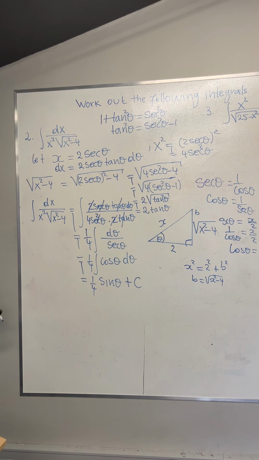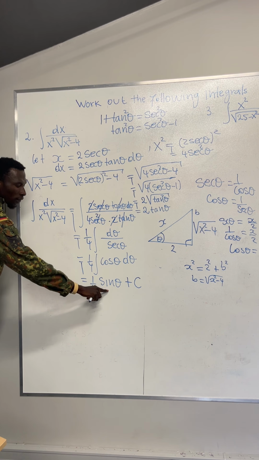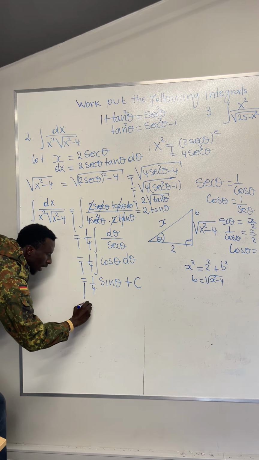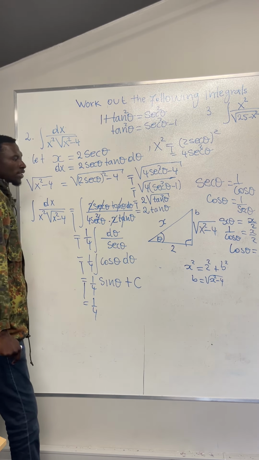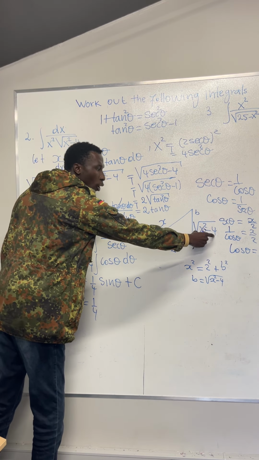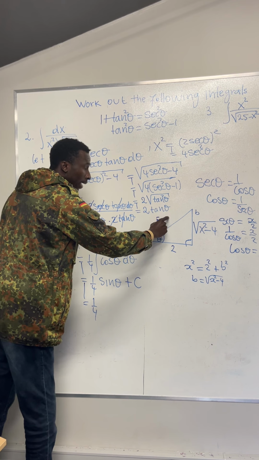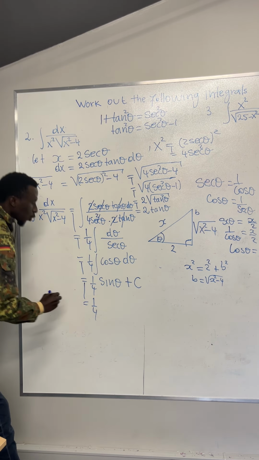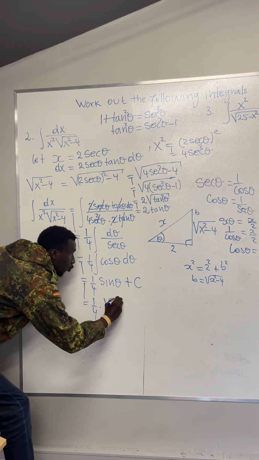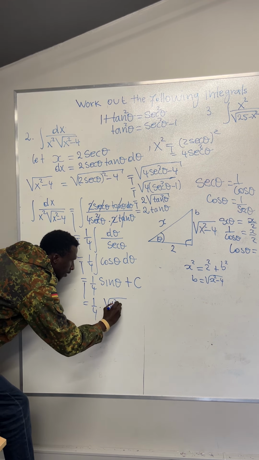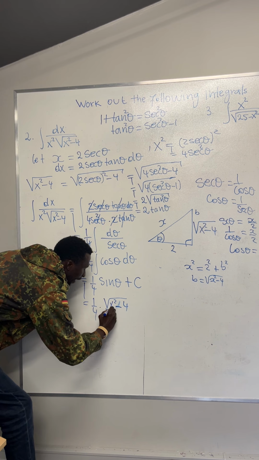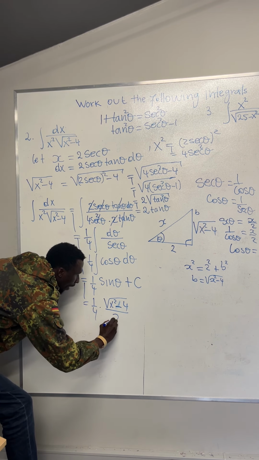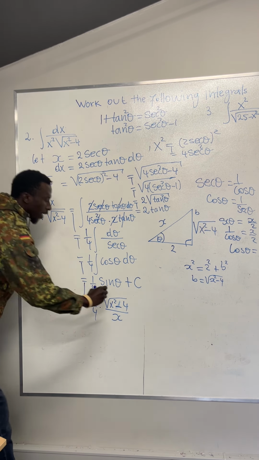So now can we solve for sine? Yes, we can solve sine. So now we are able to solve sine theta. So the final answer is going to be 1 over 4. What is sine theta in this triangle? Sine is the opposite side over the hypotenuse. So we're just going to have times the square root of x squared minus 4, and then divide by x. And plus